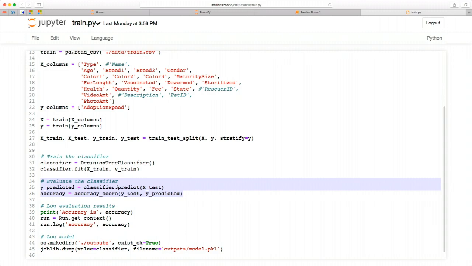Calculate the accuracy. Then all I want is to print this accuracy on the screen, but at the same time, assuming nobody looks at the screen, I also want this to be logged in the ML service experiment, right? So I'm getting the context of the current run and logging it there. So this allows me to run this experiment in the cloud, unattended, and then take a look at the outputs of the experiment and see the metrics there, see what actually happened, see which model performed best, because maybe I want to train multiple models here and compare them, right? Yes?